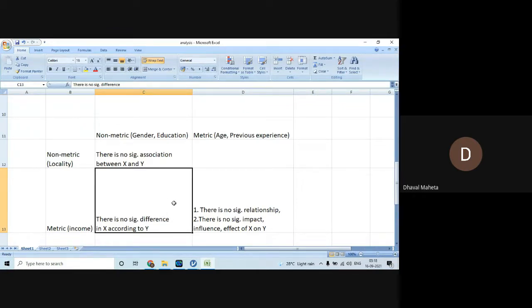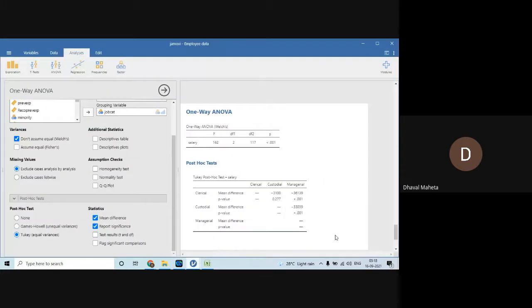When the p-value is less than 0.05, we reject the null, which means there is a significant difference in at least one pair of the job categories. The difference can be between clerical and custodial, clerical and managerial, or custodial and managerial. So for this purpose, we go for further analysis. Those pairs whose p-value is less than 0.05, a significant difference exists between them.